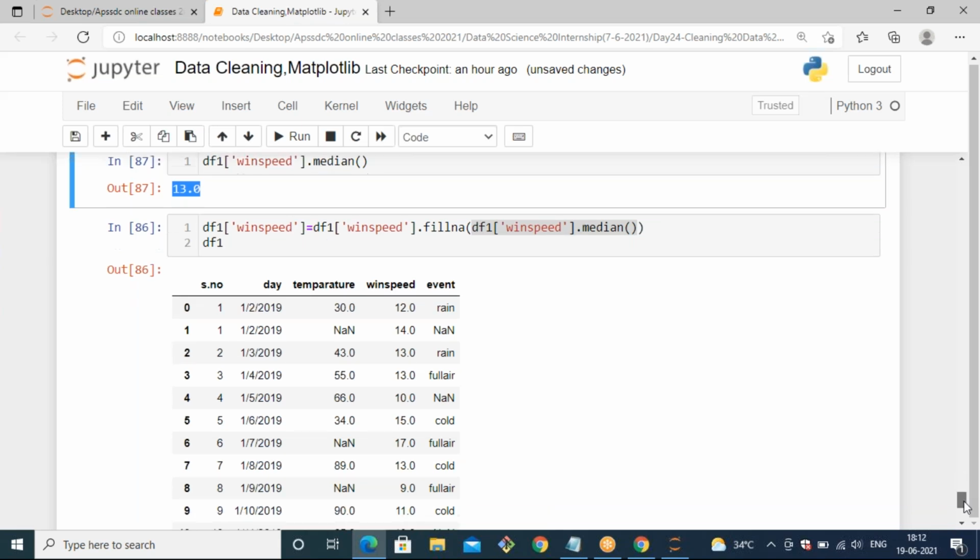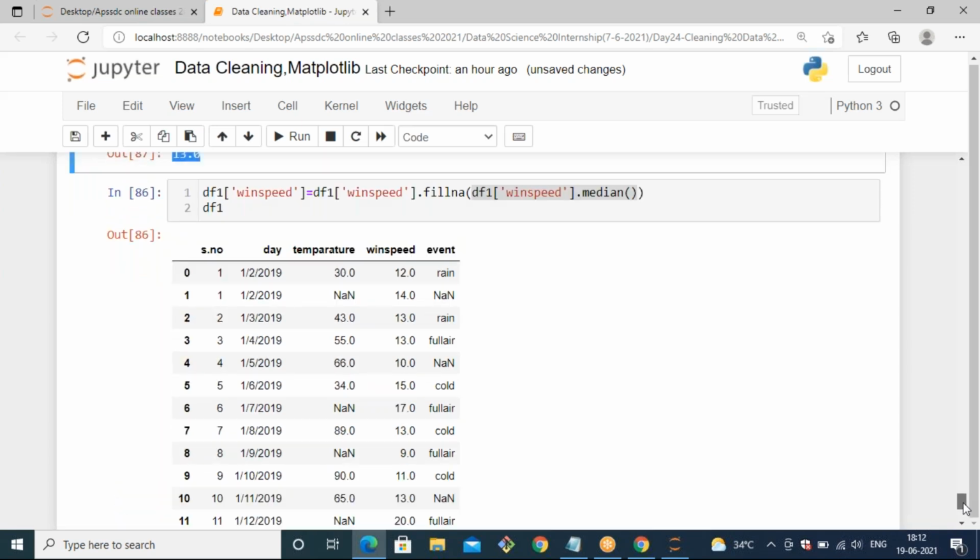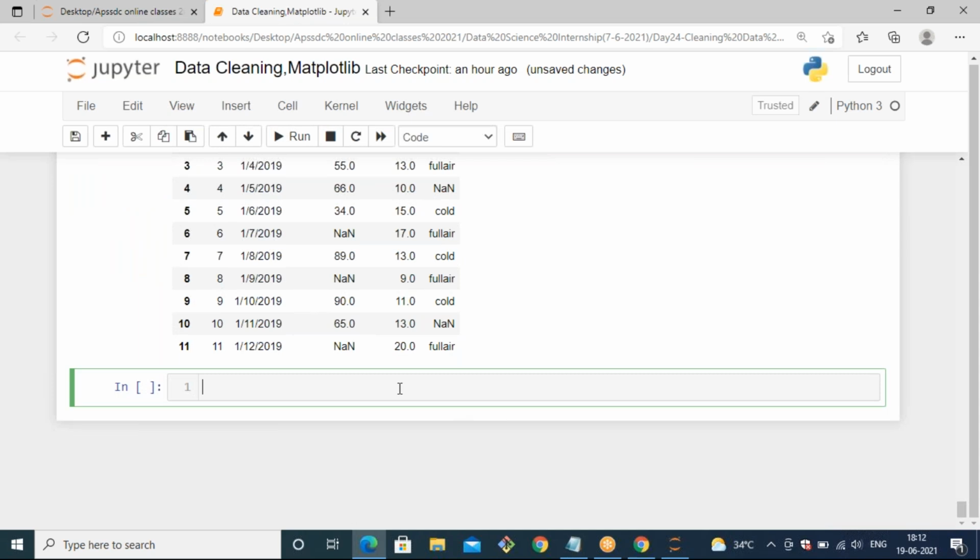Okay, and you can apply some kind of limit for the filling of null values also. So let's see, we have df1.fillna, where I want to fill the NaN values with the value of 11. I can also pass the limit of the NaN values, that means I want to fill the NaN values with a limit of 2 only. So you can pass one more attribute, that is limit. If I pass 2, it's going to fill the NaN values with the value of 11 with a limit of 2 only. Now let's see.